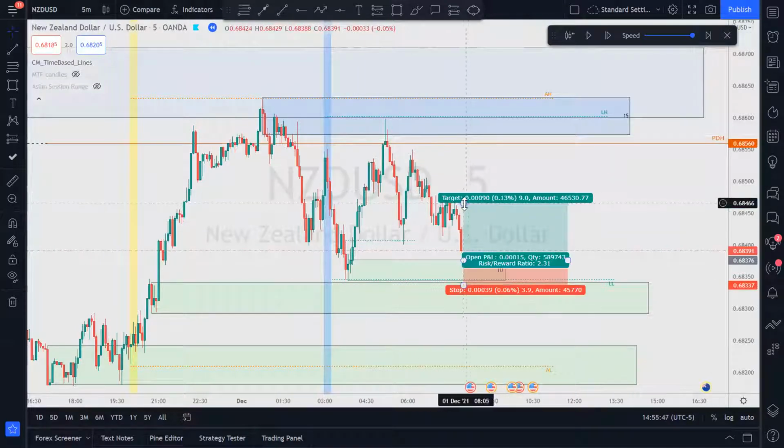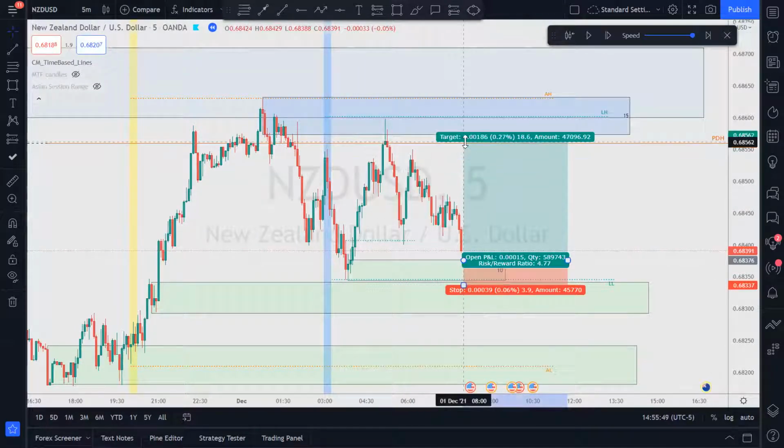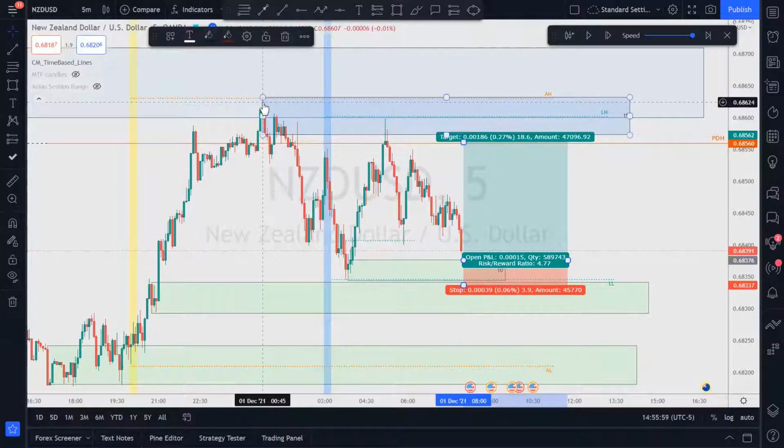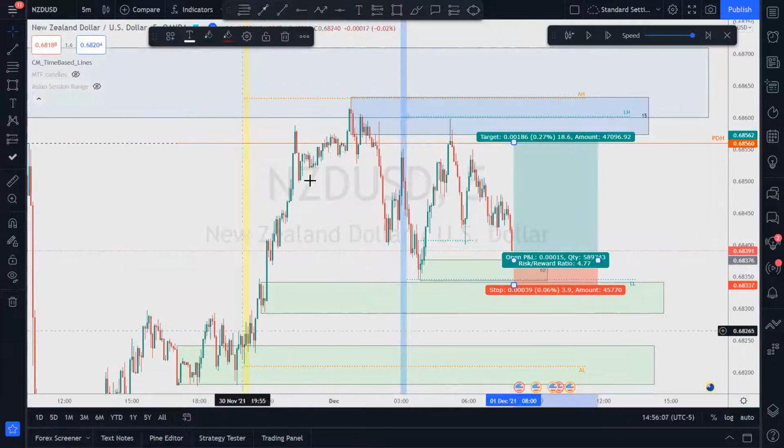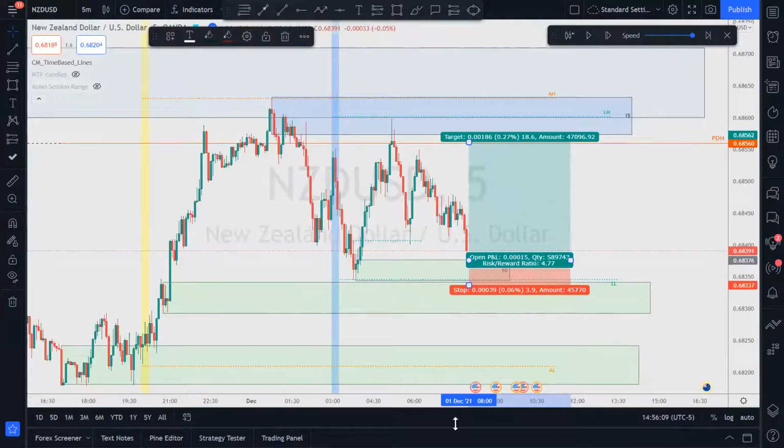All right. What would my target be? It would be the highs. All right. Previous daily high is an excellent target. Excellent target. And this ultimate high up here might be a good target as well. This is the peak of this impulse. That's the highest it went. So TP1